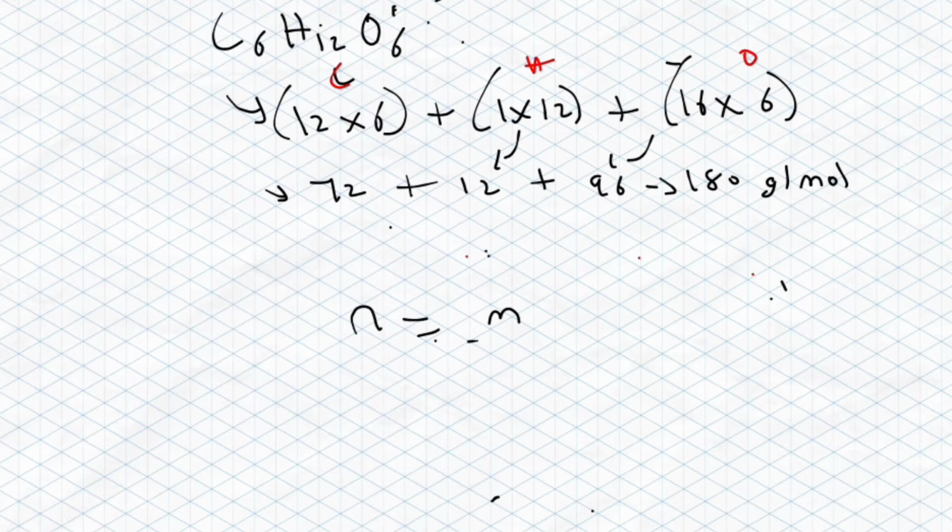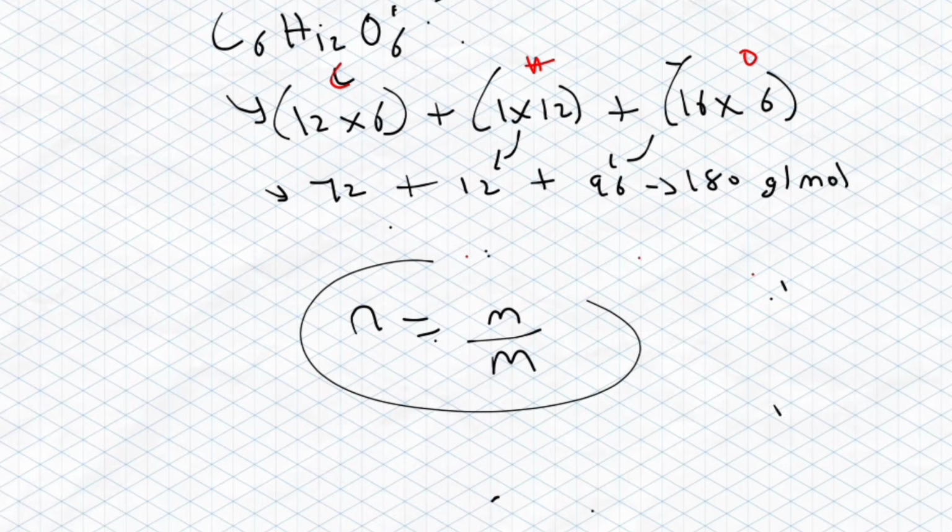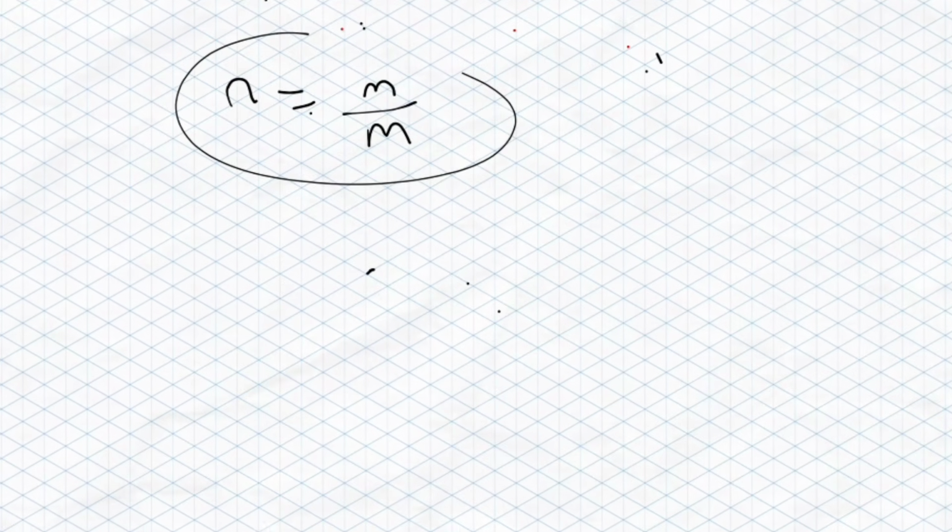n is equal to m over M. These formulas are just very simple equations. Number of mole is equal to mass over molar mass. Now, when you know this and you know how to calculate your molar mass, it becomes very easy. Now, first question: convert